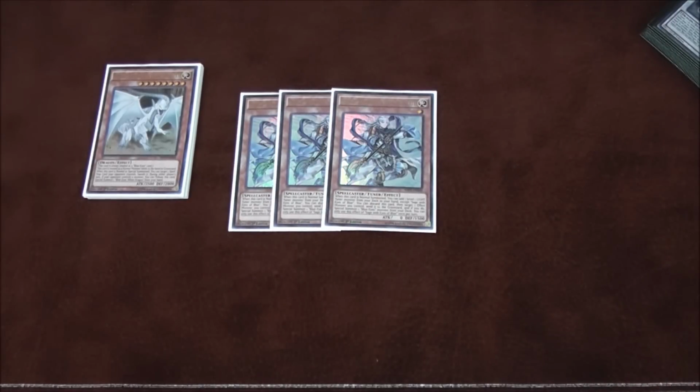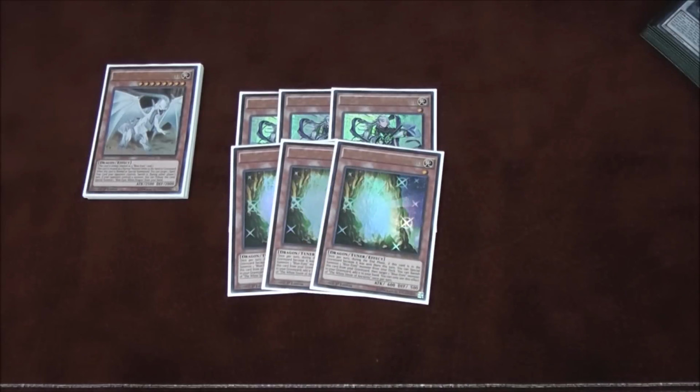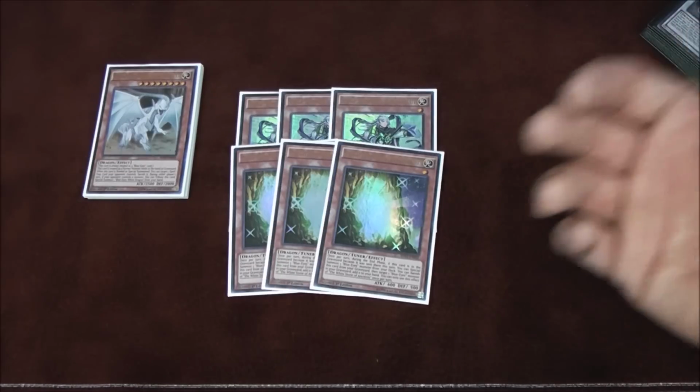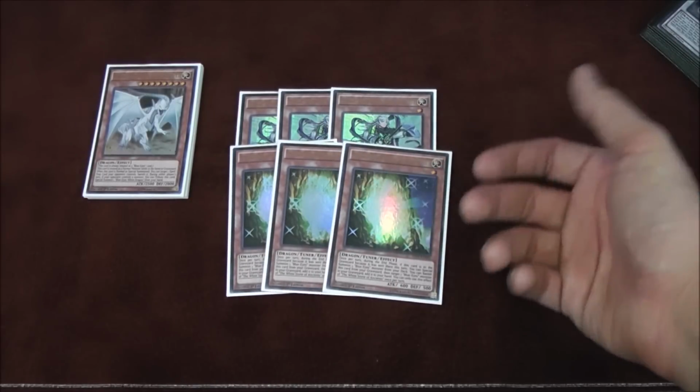Even by itself, it's a level 1 tuner to make Spirit. So I think it's just a great card in general. So we have 3 of those, along with 3 of the best stone, the White Stone of Ancients. End phase, being able to bring out a Blue Eyes or a Dragon Spirit of White is just awesome. Plus, my favorite effect actually is when it's in the graveyard, it resolves that effect, and then